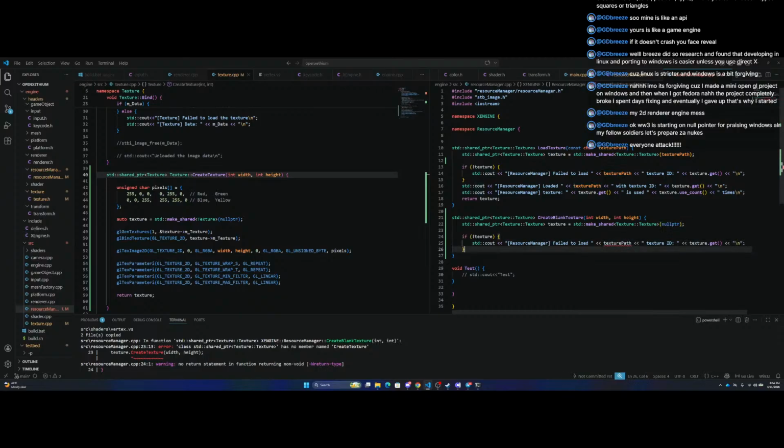How do we fail to load, load custom texture? All right. So now we know what's wrong if it couldn't load, and then now